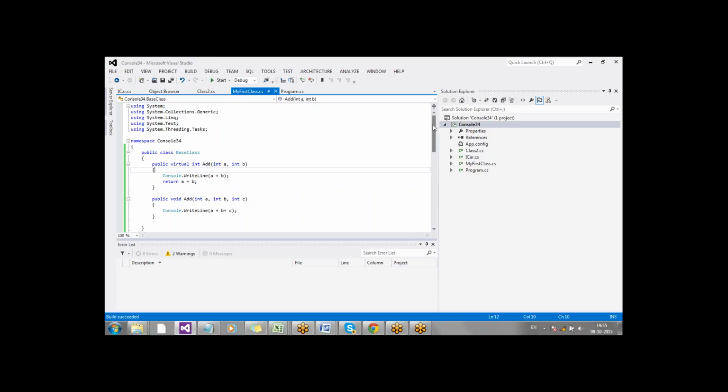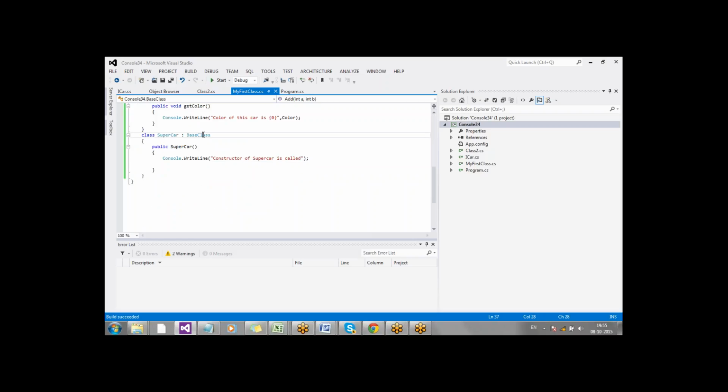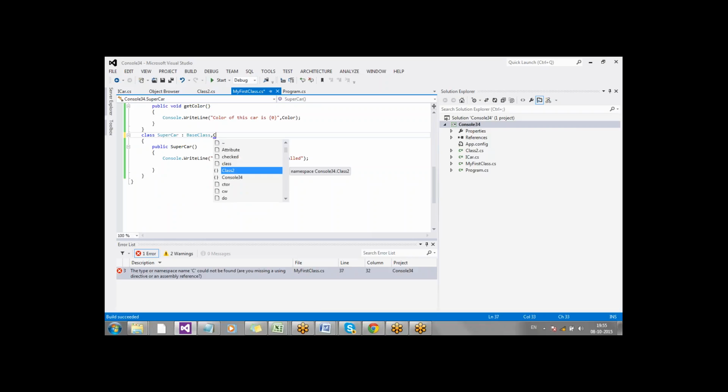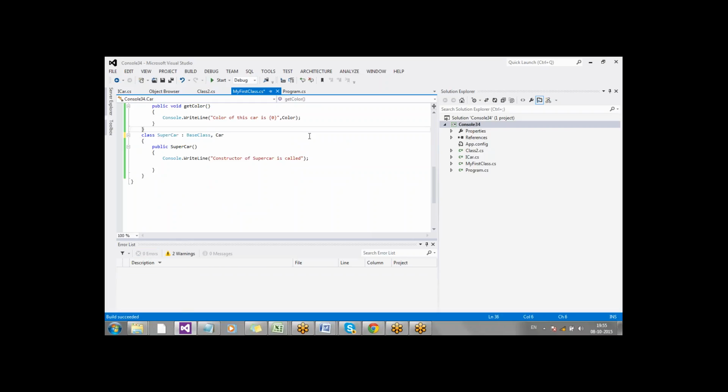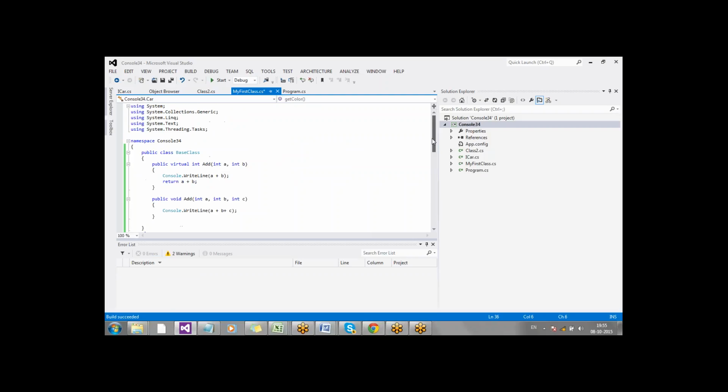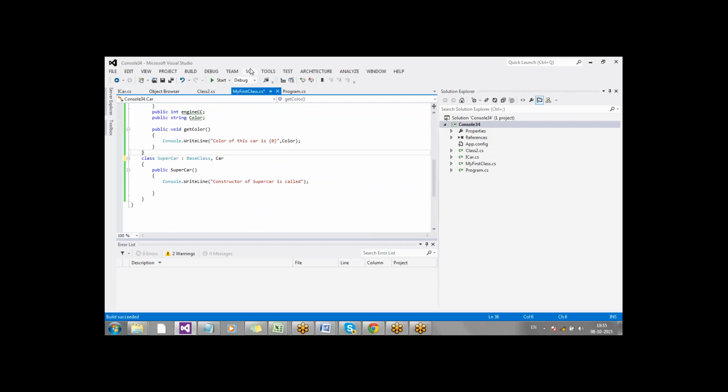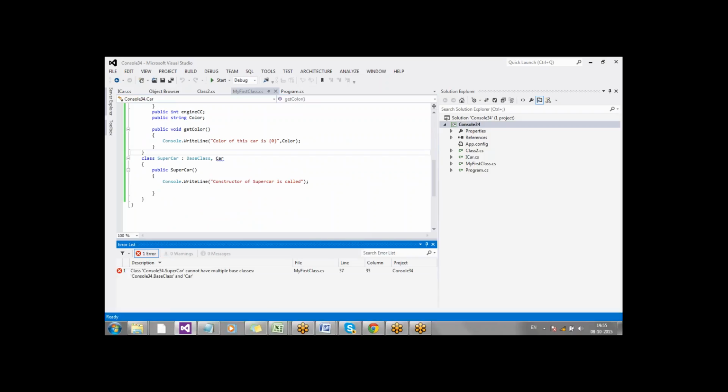Now let me do something. So I'm trying to inherit my SuperCar class from two classes called Car and BaseClass, which are existing in the same namespace. If I build it, will it work? What error is it throwing? Sai Krishna, please read it out for me.